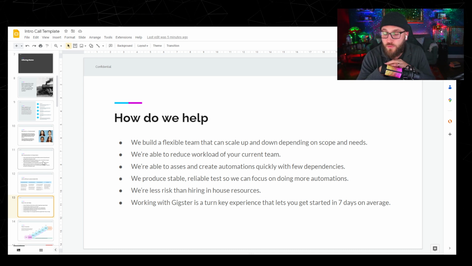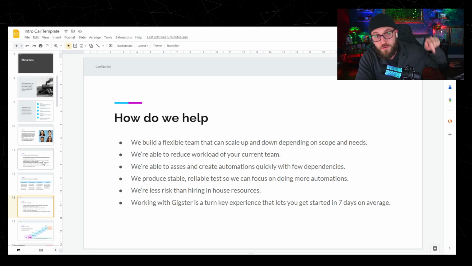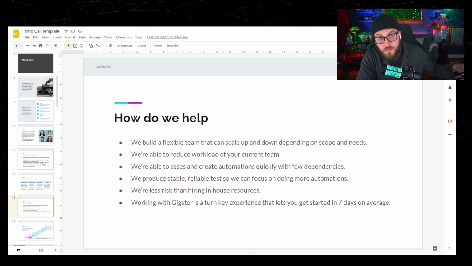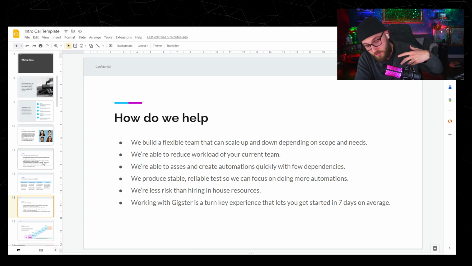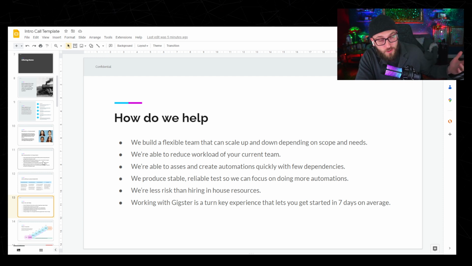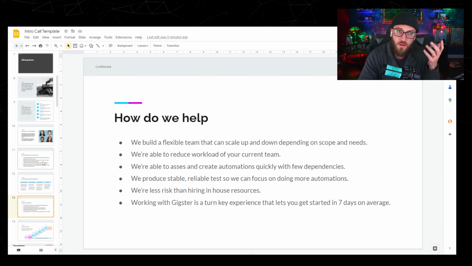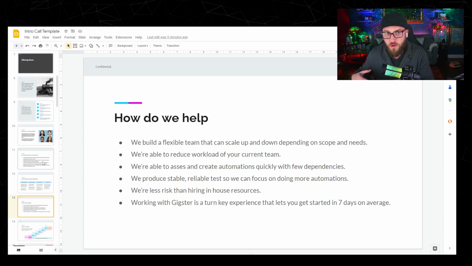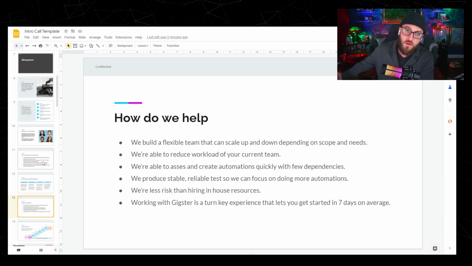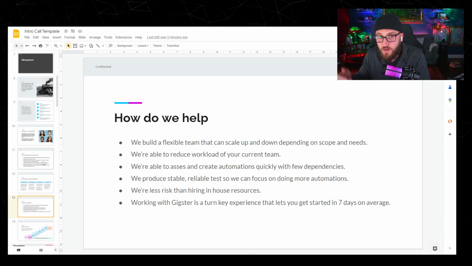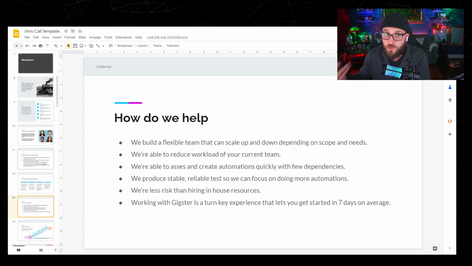So the way that Gixter works is that we do provide these fully managed teams, and not just managed teams, but a managed process. Like I said, we've done this a number of times before, and we know where the pitfalls are. We know what not to do. And by bringing not just that process, but also the methodology and wealth of experience that we have in this space, we can help reduce risk, but also crank out this stuff quickly. The ideal way is that we get a team up and running in less than 7